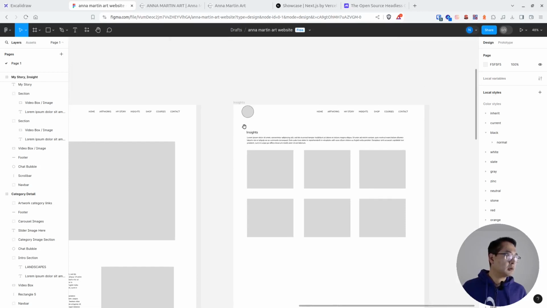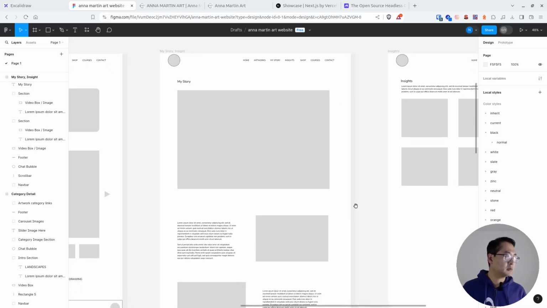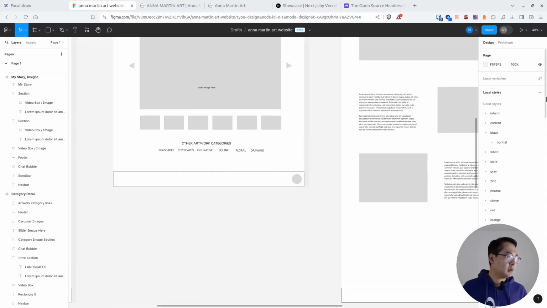And this is the Insights page. The Insights page should basically be the blogs page, so it should contain some images of blog posts, and it should have some titles, small descriptions, and then when you click on one of them, it should go to the actual blog page, which should look like this page. Okay, so that is the rough